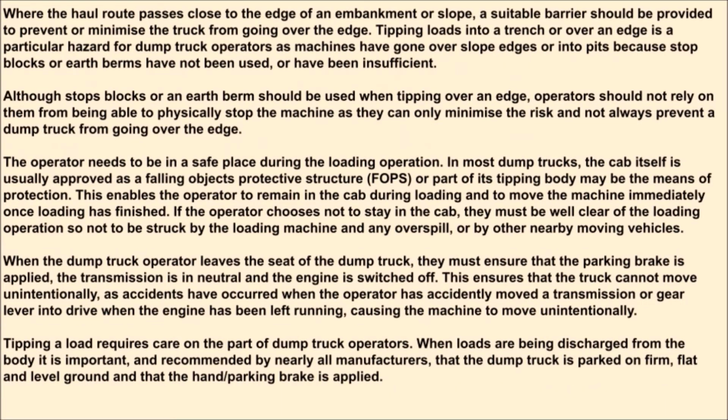Where the haul route passes close to the edge of an embankment or slope, a suitable barrier should be provided to prevent or minimize the truck from going over the edge. Tipping loads into a trench or over an edge is a particular hazard for dump truck operators, as machines have